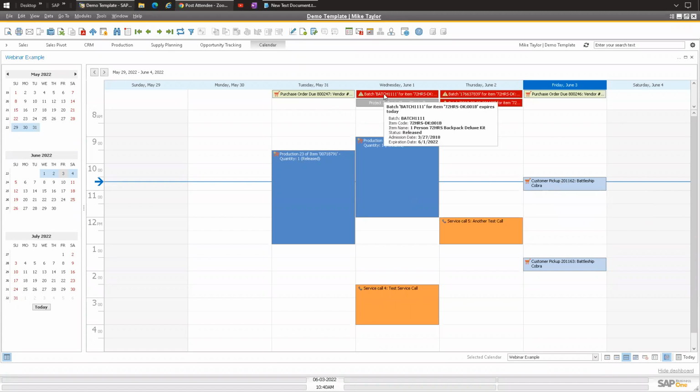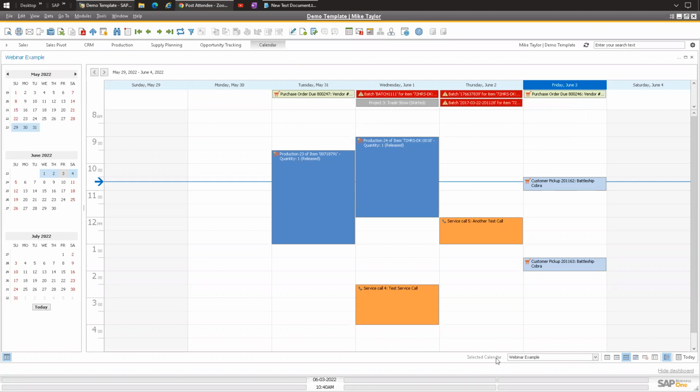I also have added this neat one here where it's a batch expiration. So you can actually set, if you have batches expiring, if you would like to have periodic cycle count notifications here, you could really think of anything that you would want to have here. So you can drill into here and you can say, oh, this particular batch is expiring, and I want to make sure that I either throw that out or get it retested or whatever your process is for that particular type of item. But you can see that you can make those appear. And these aren't time of the day based, they're date of the month based here.